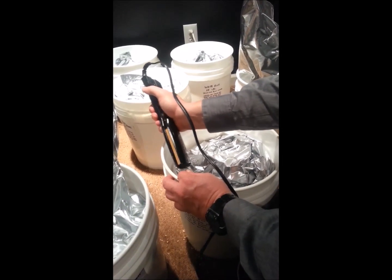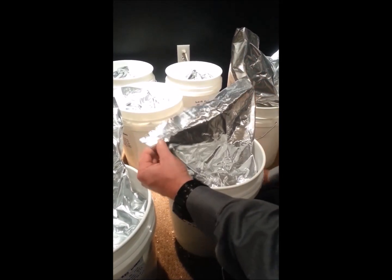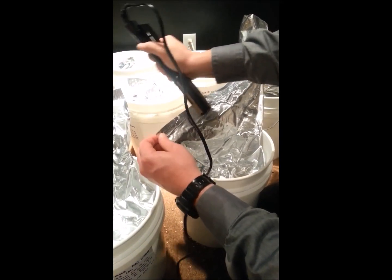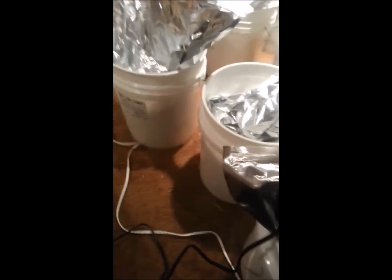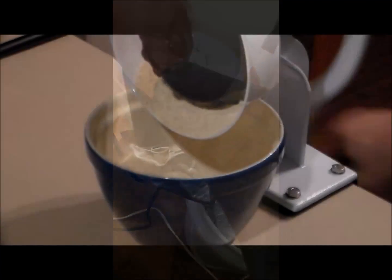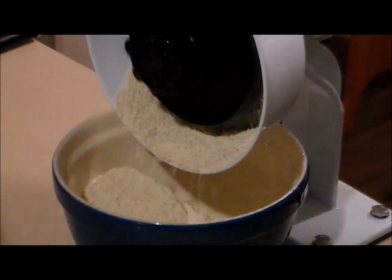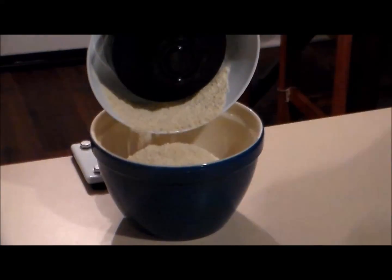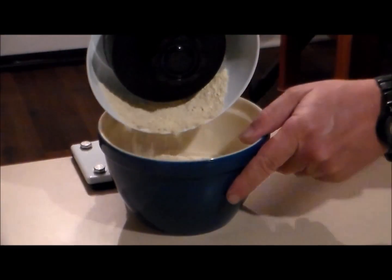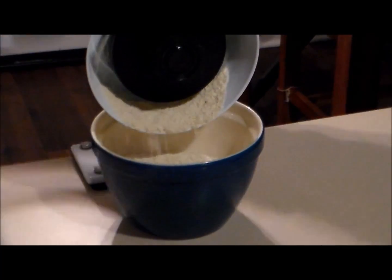Now, while it may be a good idea for some of you to store both flour and whole wheat, I personally do not. The main reason is that whole wheat flour does not store as long as white bleached flour. And I believe that whole wheat flour is healthier for you than the white flour. So just for health reasons, I prefer to go ahead and hand crank all of my own flour. And I actually enjoy hand cranking my wheat into flour anyways. But if I were to actually store a combination of both vacuum packed flour and whole wheat, I would probably do about 30% flour and 70% whole wheat. That would give me about 2 years worth of flour that I could keep rotated before it went bad and still be able to afford to replace what I've used every